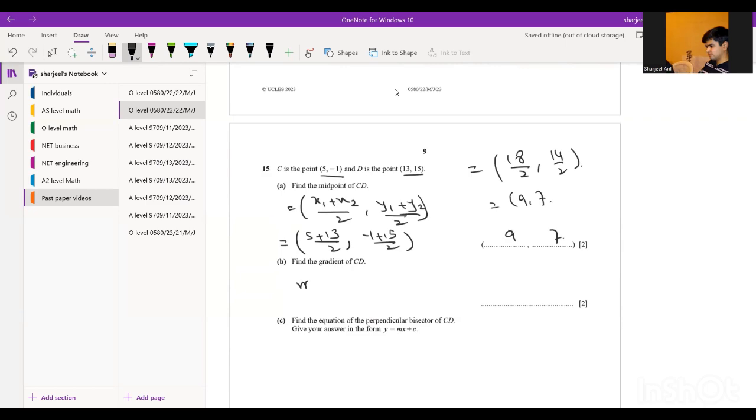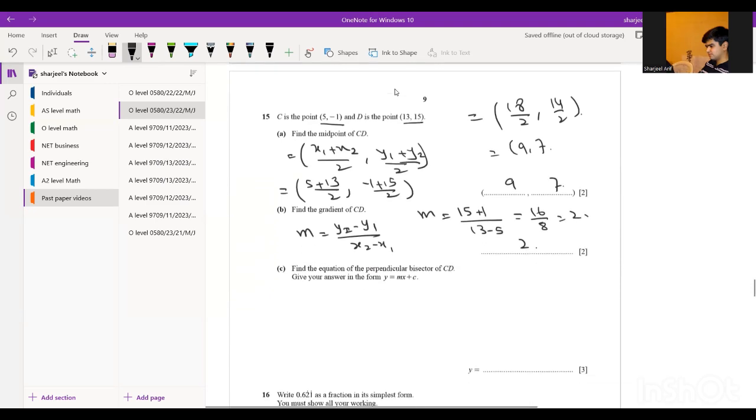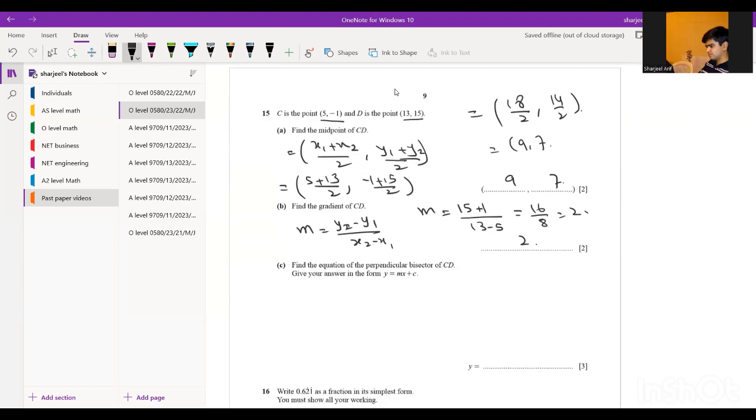The second part, we have to find the gradient. The formula for gradient is (y2 minus y1) over (x2 minus x1). That would be (15 plus 1) over (13 minus 5). 16 over 8 equals 2. For part C, we have to find the equation of the perpendicular bisector of CD. So m1 is equal to 2. m2 should be equal to minus 1 by 2,